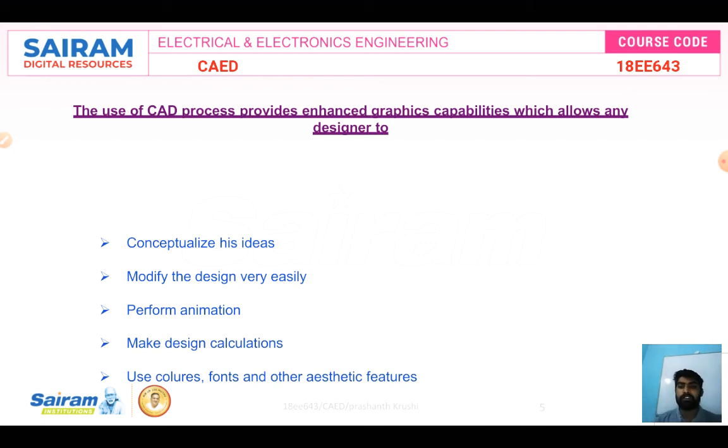Conceptualize his ideas, modify the design very easily, and perform animations. You can perform animation also, and make design calculations. So you can do calculation here also. For example, for a transformer core, the core width or core diameter, you have to calculate using AutoCAD. Use colors, fonts, other aesthetic features. You can use any colors for the designing.